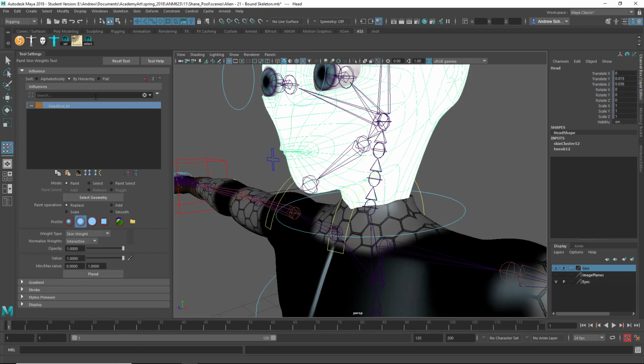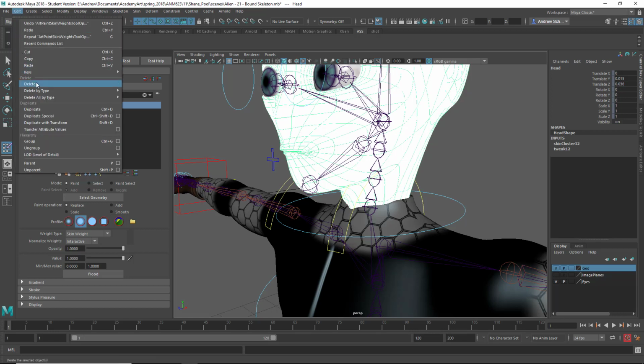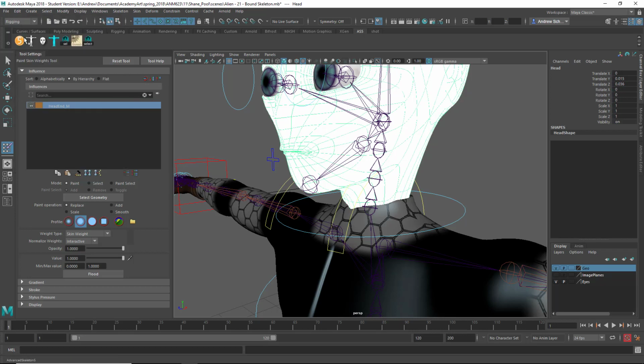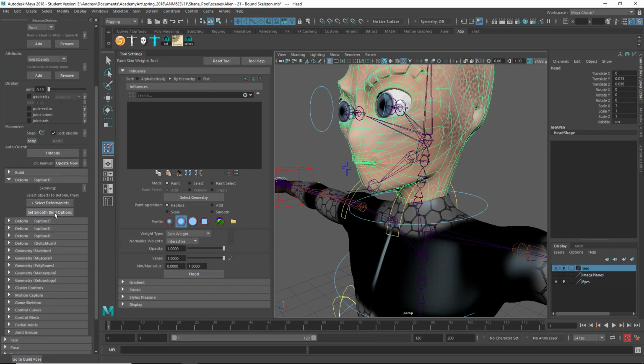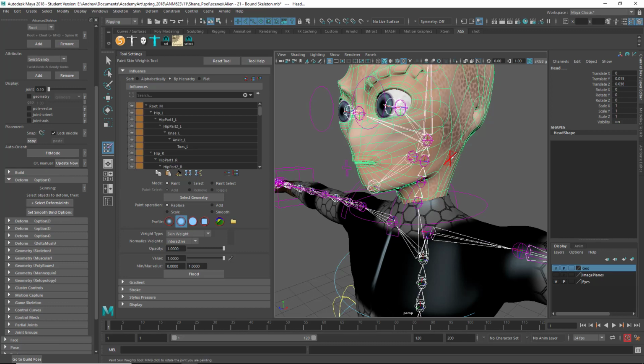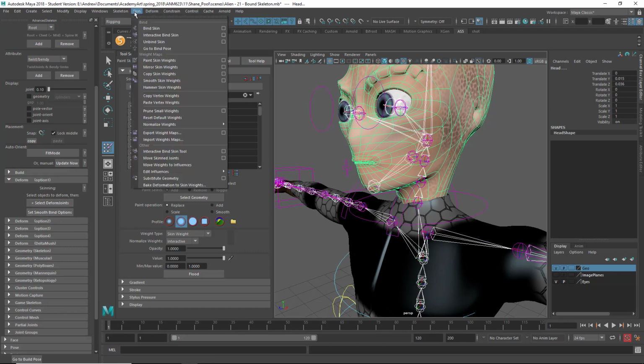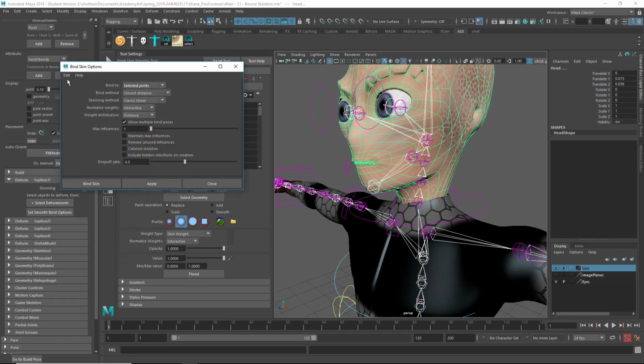So for whatever reason, it's only bound to the head joint, and there's no other. You could add influence of other joints, but just to keep it simple, what I would probably do is delete history on this, and I would then select the deformed joints along with the head and bind it again,